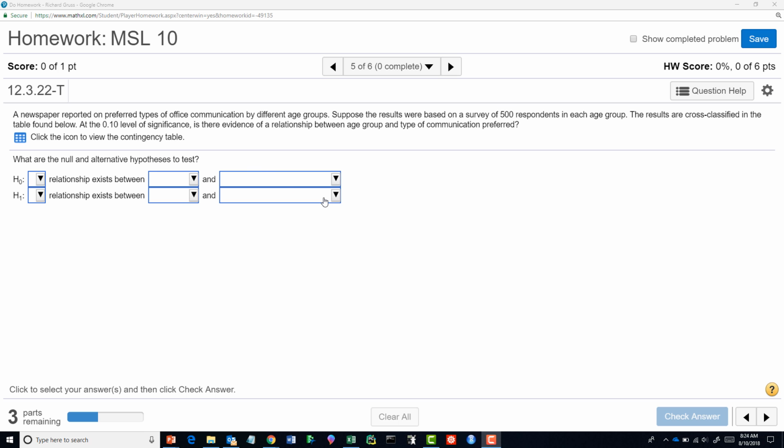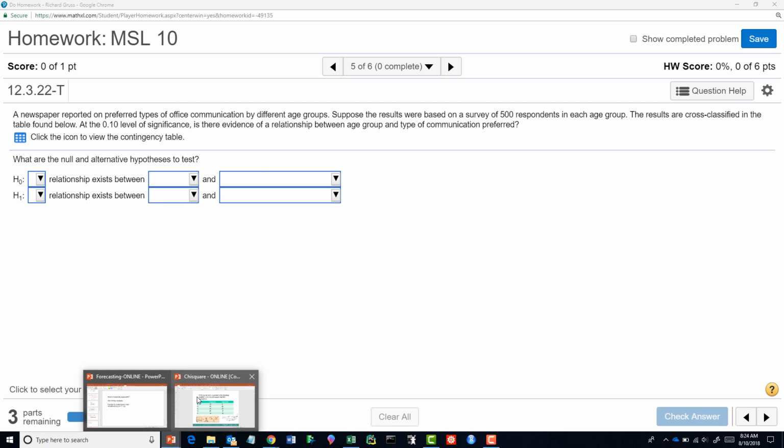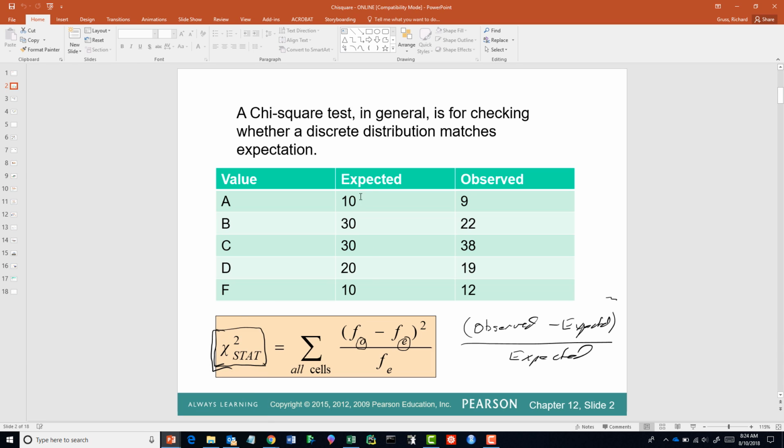Okay, I had a question about this particular homework problem where you're asked to try to figure out if there is evidence of a relationship between age group and type of communication preferred. And so this is really going to be an extension of the chi-square test that we did before. So remember that with a chi-square test, you're basically just comparing some kind of observed distribution to what